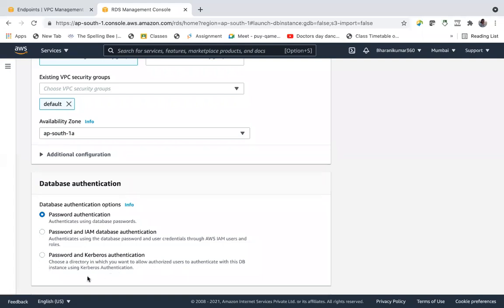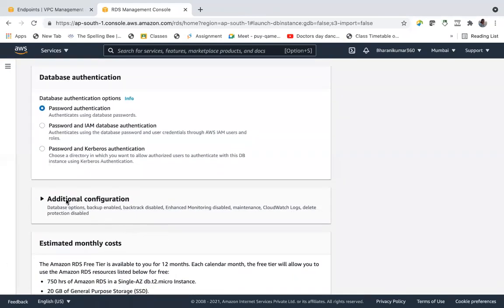Kerberos provides authentication, choosing a directory in which you want to authorize. AWS also offers a directory service. If you want to keep this database in your Active Directory, then it comes into the picture.